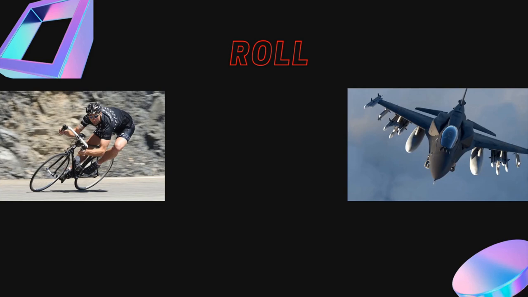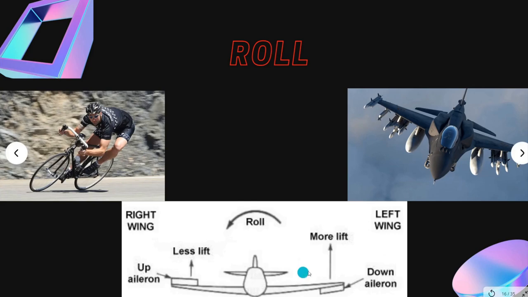These are very similar to the flaps. Basically, the work of the ailerons is to increase the lift on one side of the wing. Like in this case, on the left side of the wing the lift is higher, and on the right side of the wing the lift is lower. So basically the work of the aileron is to create a differential lift, and it works on exactly the same principle that the flaps do, by increasing the angle of attack. Here in this picture you can see the aircraft is rolling in an anti-clockwise direction.